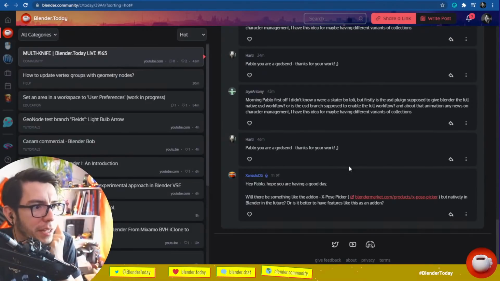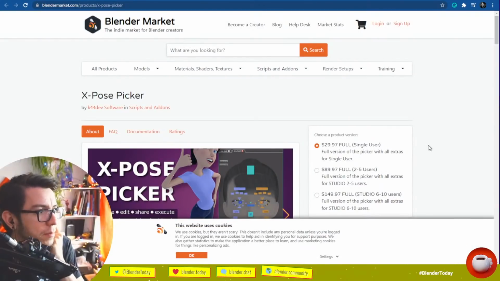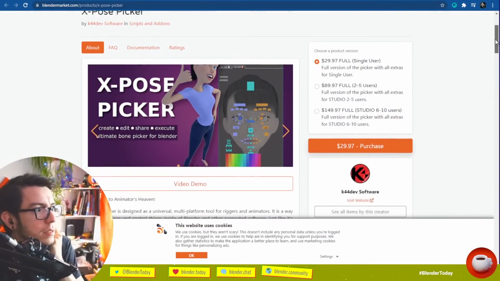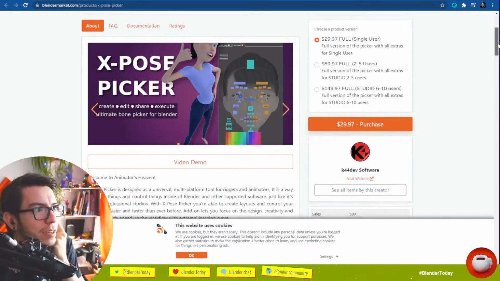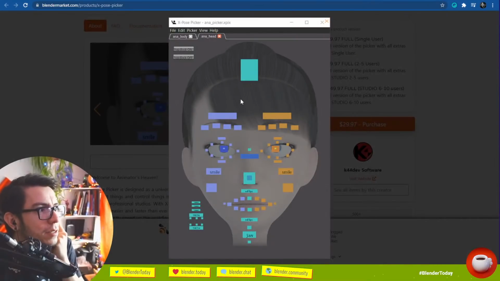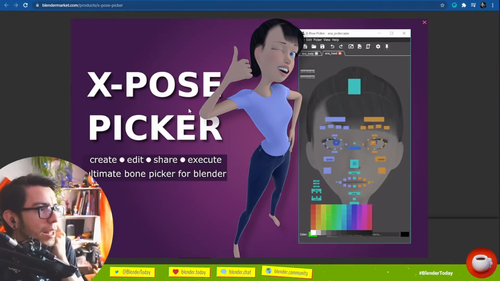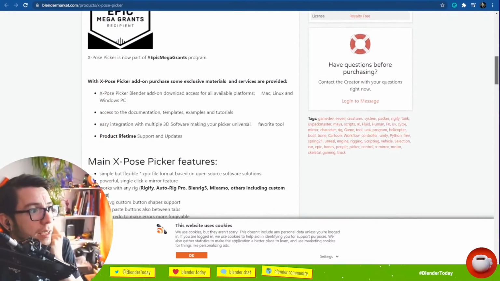Will there be something like the add-on X Pose Picker, but natively in Blender in the future? Is it better to have features like this as an add-on? Let's see. Okay, it's a full version of the picker. So what is it, like a drawing on top to have? It's a separate app altogether, basically, that allows you to pick. There are some implementations in Blender.